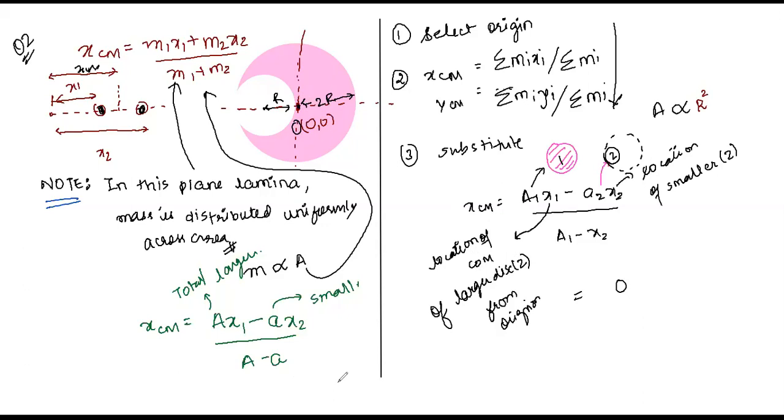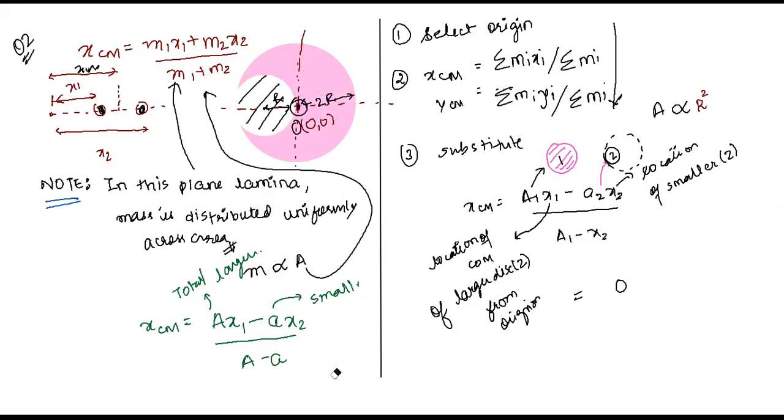What should happen originally, if you take this part away, your center of mass will shift towards the part where more mass is concentrated. Am I correct? What I'm saying is that initially the center of mass is at the center of this disk. I take away this much part. According to the principle, the distance of the center of mass is lesser from the heavier part. Do you remember, everyone? The center of mass is near the heavier part.